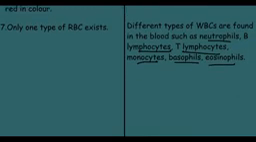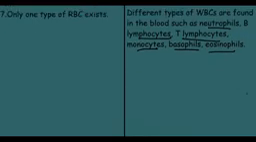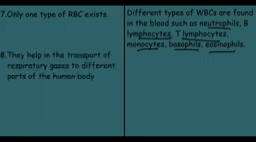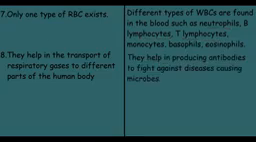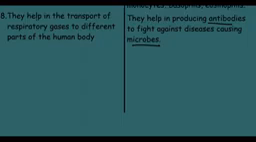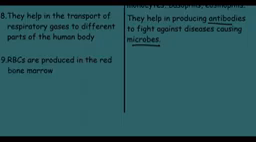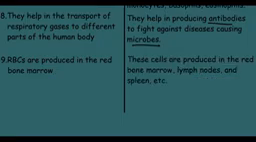Now let's move on to the eighth point. RBCs help in the transport of respiratory gases to different parts of the human body. On the other hand, WBCs help in producing antibodies to fight against disease-causing microbes. Now let's move on to the ninth point. RBCs are produced in the red bone marrow, while WBCs are produced in the red bone marrow, lymph nodes